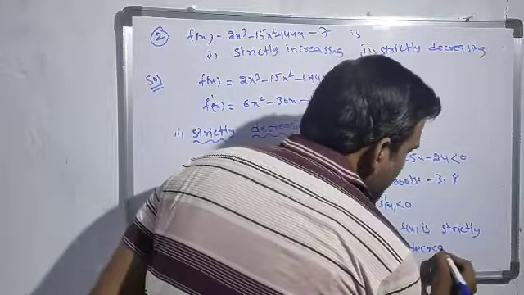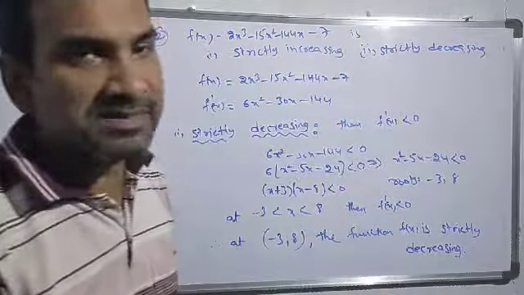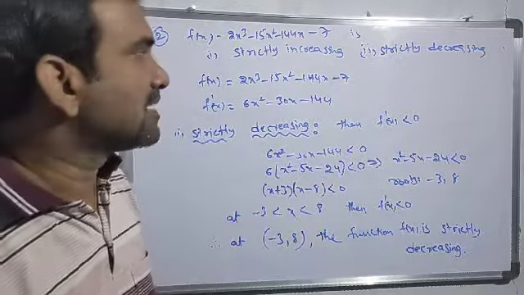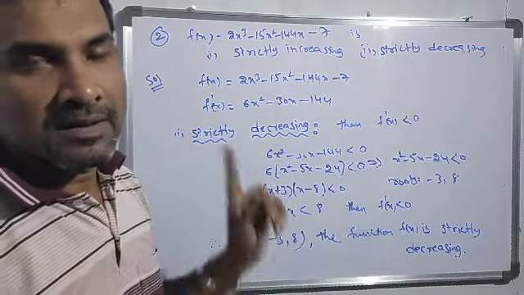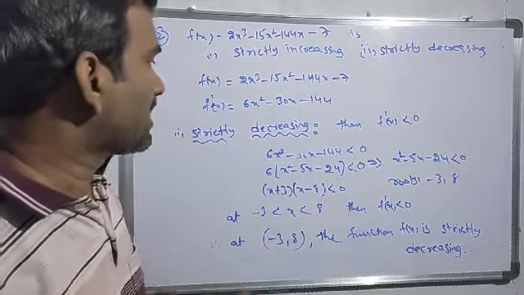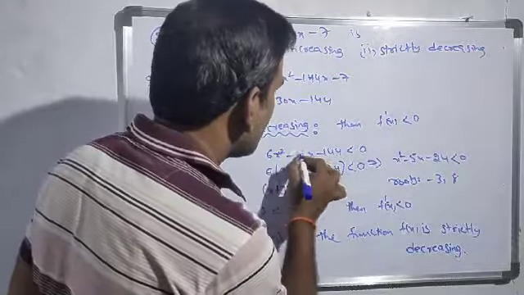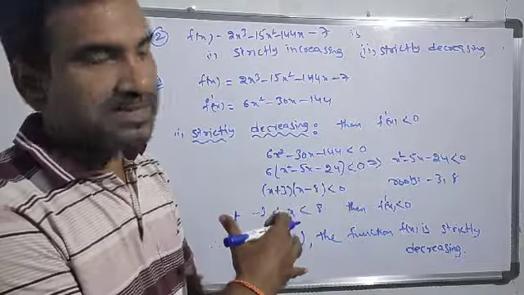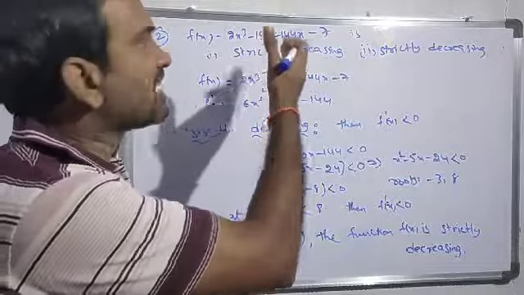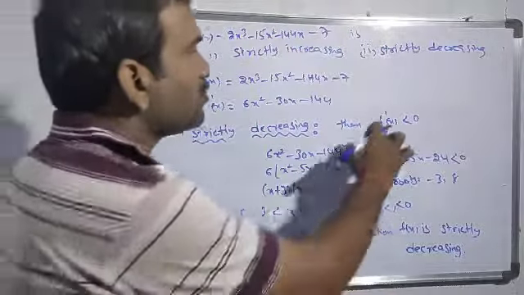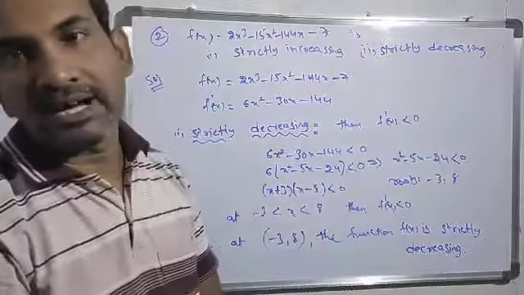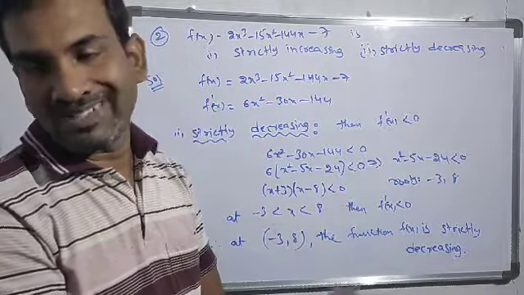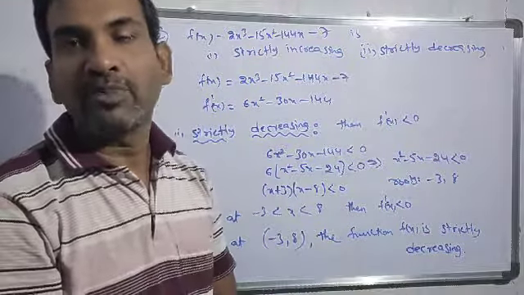If we have a good idea of the theorems, we can easily write where it is strictly increasing and where it is strictly decreasing. That means we have a good idea of the theorem concepts. Understand? So I solved one problem using the theorem concepts, finding where the given function is strictly increasing and strictly decreasing, using the necessary conditions. Like that we have to complete the problems where it is increasing or strictly increasing, decreasing or strictly decreasing. Okay, right. Thank you.